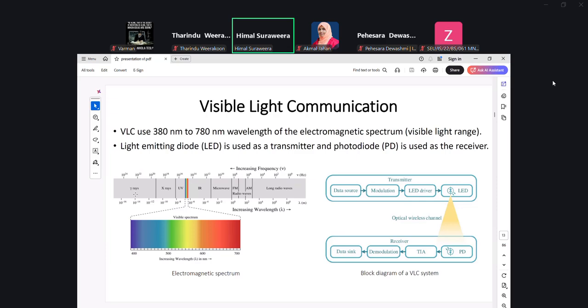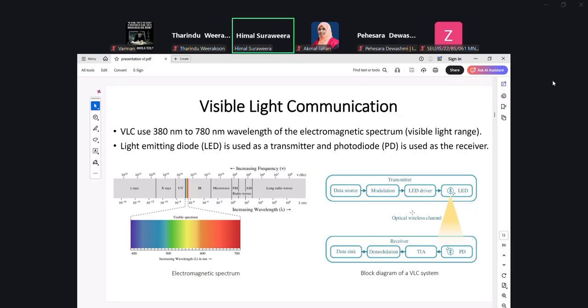You can see that you have gamma rays and X-rays at the high extreme end, then you have UV, and then you have the visible light spectrum. Below the visible light spectrum is the infrared, microwave, and so on, the radio frequency spectrum.